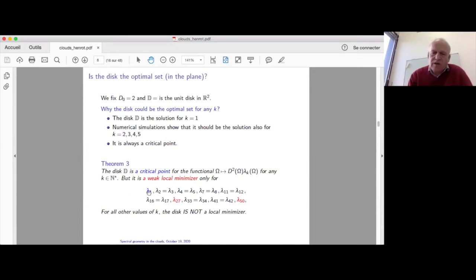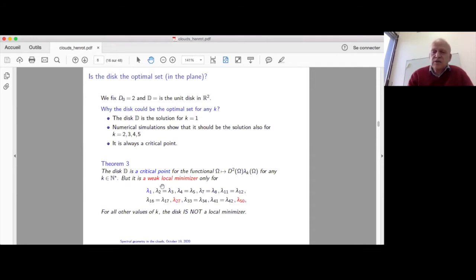You have lambda 1, 2, 3, 4, 5, as I said. Here, lambda 6, for those who know the eigenvalues of the disk, you see that it is the first radial eigenvalue corresponding to a radial eigenfunction after 1. So you see that lambda 6 is not in this list. The two next eigenvalues are double eigenvalues and are in this list. Lambda 9 and lambda 10 are also indexes for which the eigenvalue are double, but they are not in this